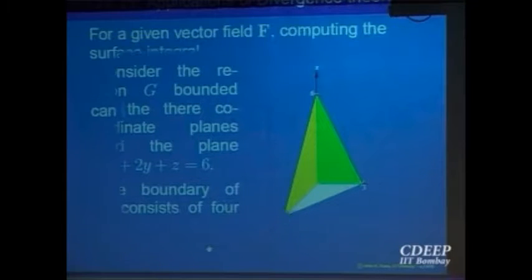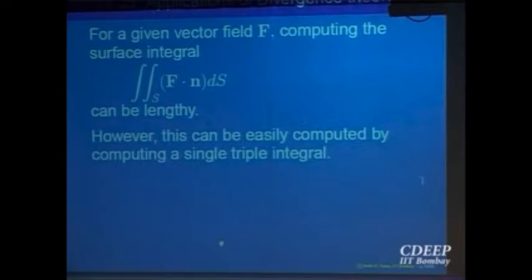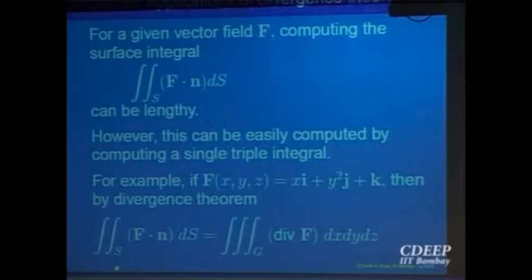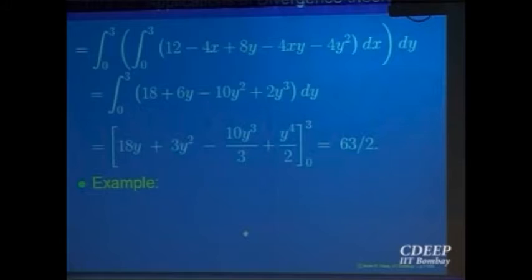So G is a region. So instead of computing this, which is over four surfaces, one can compute the triple integral of the divergence, if the vector field is this. So this surface integral, which will consist of four parts added together, is equal to one triple integral, which one can easily compute, right? Computing the divergence is a simple integral to be computed. So one has to make a choice which one you want to use, whether you want to use the triple integral to compute the surface integral or the surface integral to compute the triple integral. Choices sometimes can be made depending on the problem.